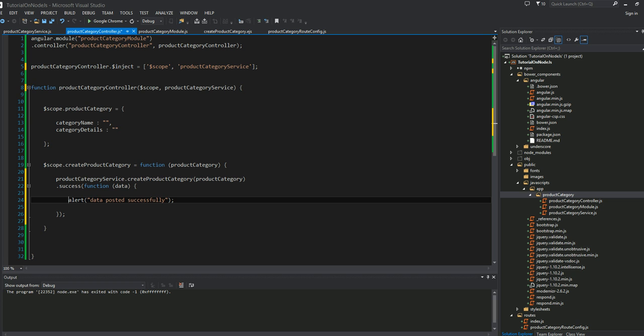For this controller, I would also like to inject another AngularJS service called timeout. Of course, we'll be injecting that timeout service into our controller, and then we call timeout. Timeout takes two parameters: our callback function to invoke, and the interval after which we want to call the method. So inside this,